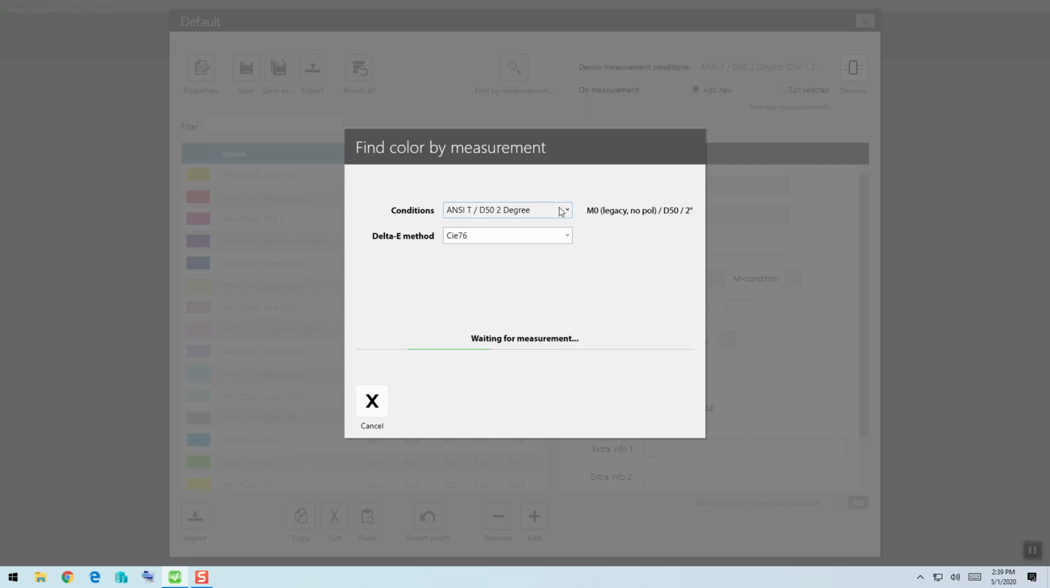In this case, I want to compare against D52 degree, and I can also specify my delta E method to be used to judge my distance from what I measure to the targets that are in this book. I'm going to set my delta E method to CIE 2000. I'll now take a measurement